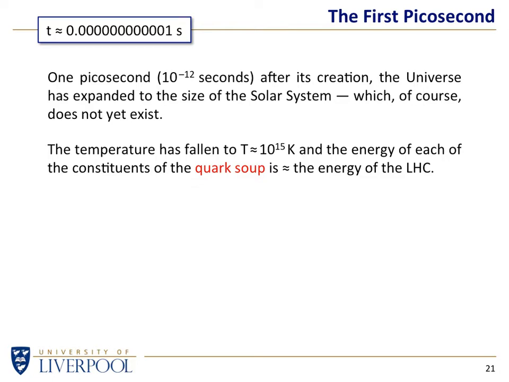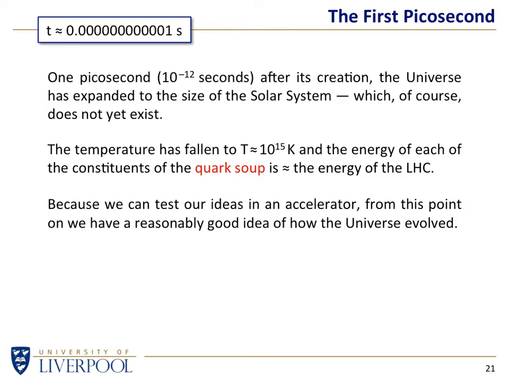And that is why everything from this point on is testable. Everything after this point, from 1 picosecond onwards, the amount of energy the particles have is the amount of energy we can give them in a particle accelerator, and hence we can test anything we wish beyond this point. Beyond this point, the universe is going to continue to expand and continue to cool, so the particles are going to lose energy, and those energies we can reproduce in the laboratory. Okay, not many laboratories, but the Large Hadron Collider is one in which we can reproduce that. And hence, everything from here on is testable.